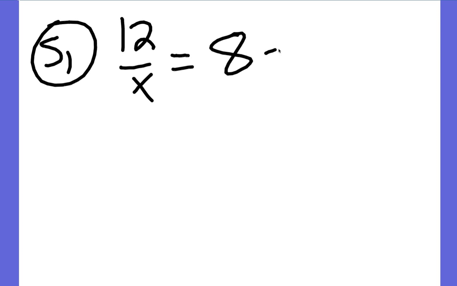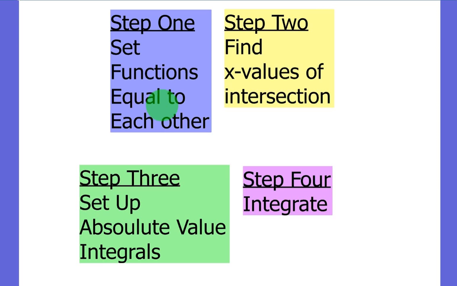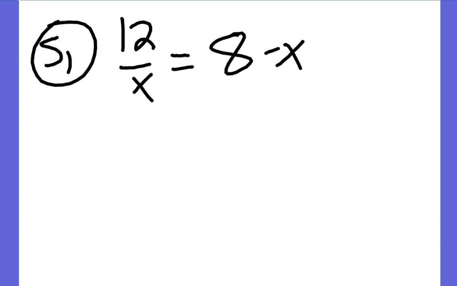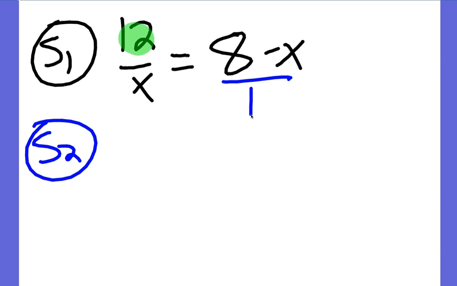So I'm just going to simply take 12 over x, which is my f function, and set it equal to my g function, which is 8 minus x. Okay, for step 2, we're just going to find the x values where they intersect. So we're just going to solve for x in this equation. For this particular equation, what I can do for step 2 is put this over 1 and cross multiply. So top left times bottom right is just going to give me 12, and bottom left times top right is going to give me